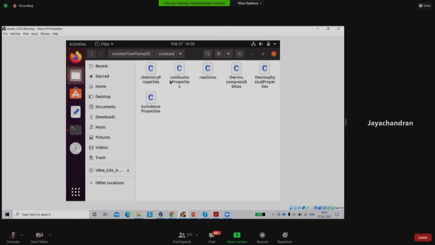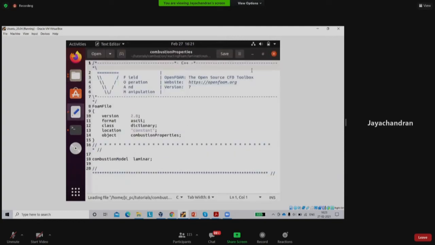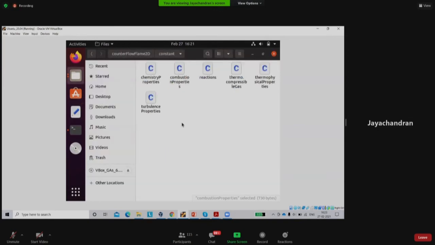So these three files are there. There are some combustion files as well, to define whether the combustion model is laminar or turbulent, whichever model you are selecting. Other than that, you have seen that now in the system folder, we have a blockMesh, right? So we have all the files we had earlier in ChemFoam, plus we are creating a geometry and mesh using the blockMeshDict file.